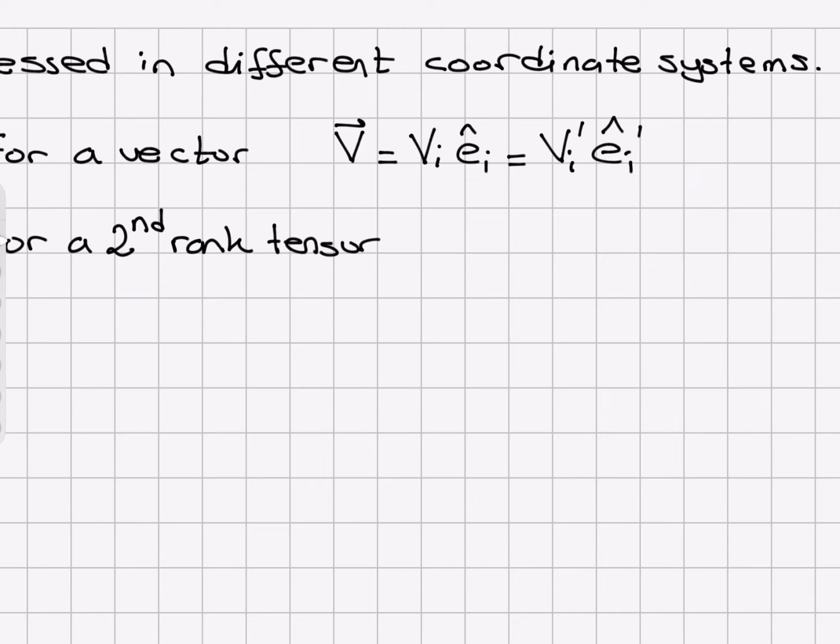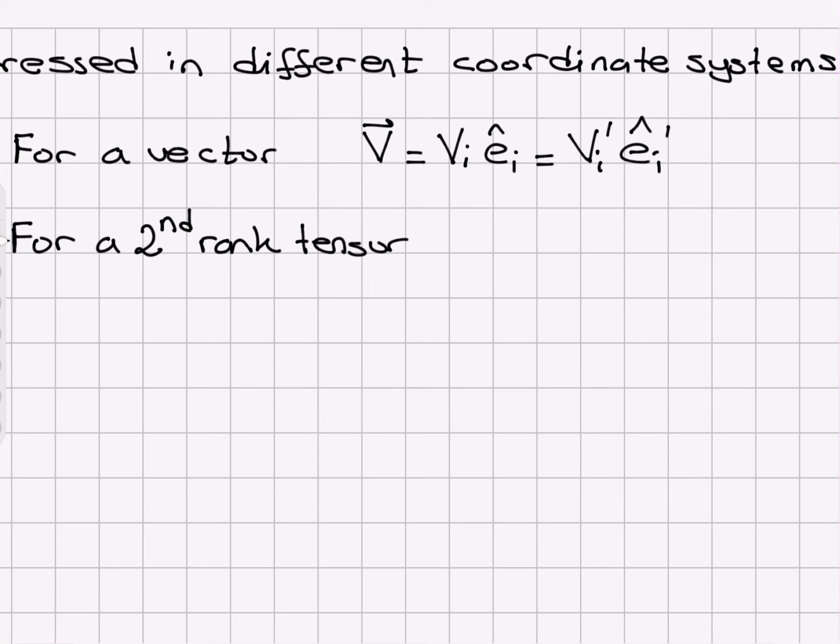And similarly, for a second rank tensor T, remember that a vector is a first rank tensor. For the second rank tensor T, we have